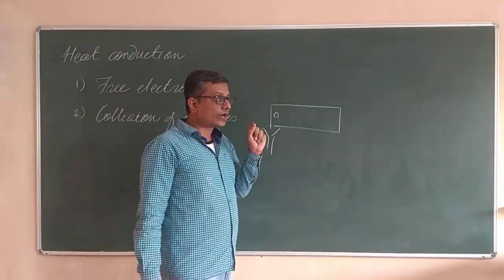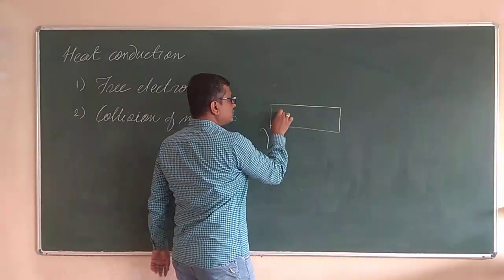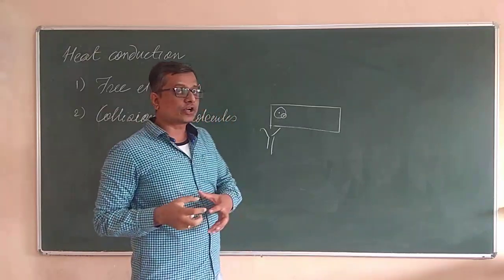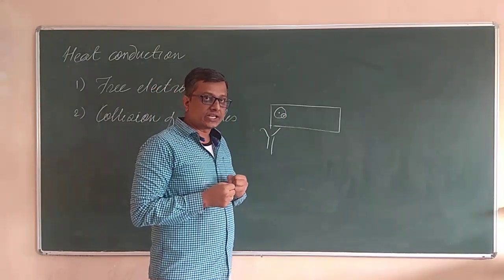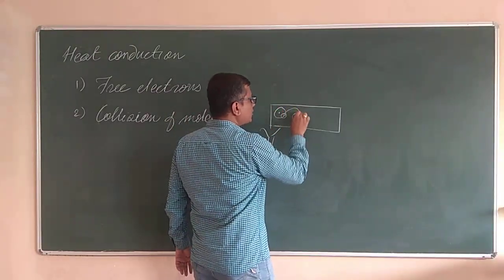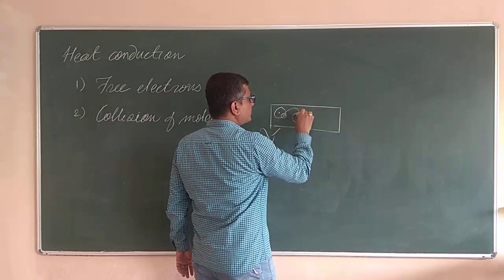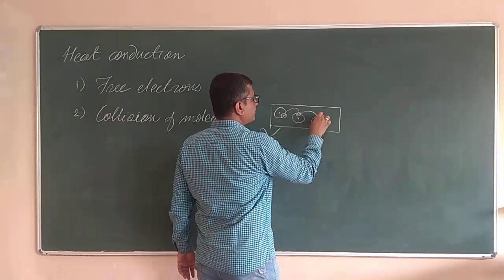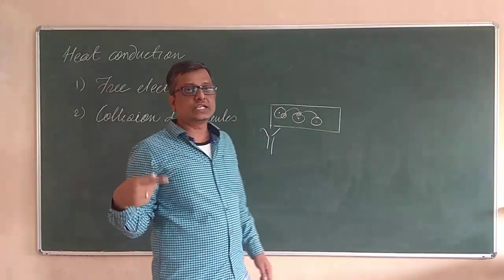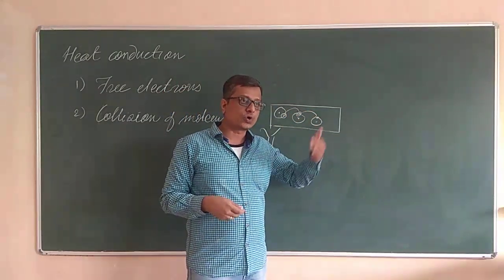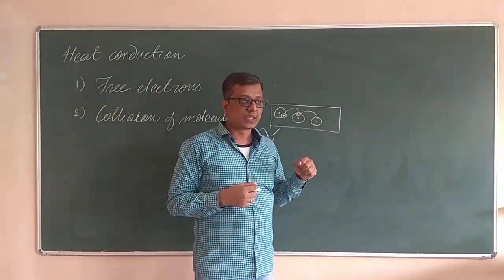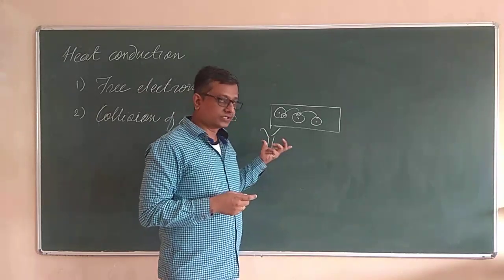So in case of conductors, say this is the nucleus of the atom and this is the revolving electron in the outermost orbit. That electron absorbs the energy, gets excited, and the energy level goes up. The electron will jump from this orbit to another orbit of another atom, and then to another atom's orbit, and in that way the high energy electron will keep on jumping from one orbit to another, and it carries forward the heat along with it. So this is happening in the case of conductors, right?